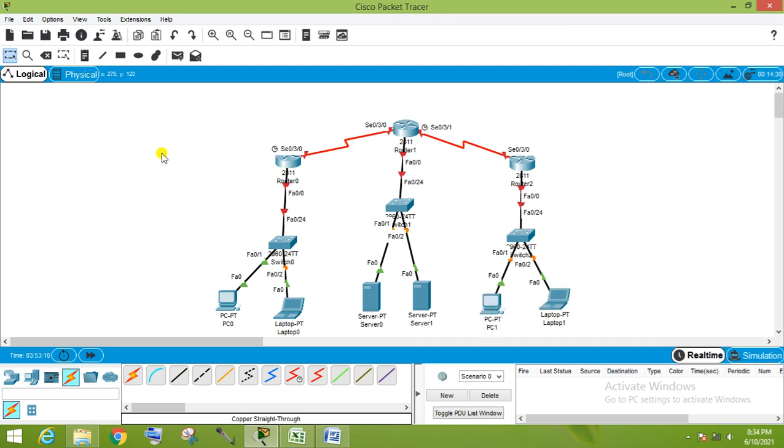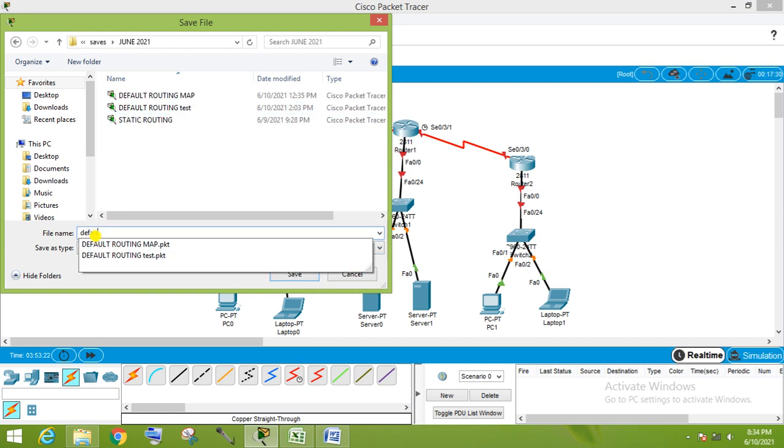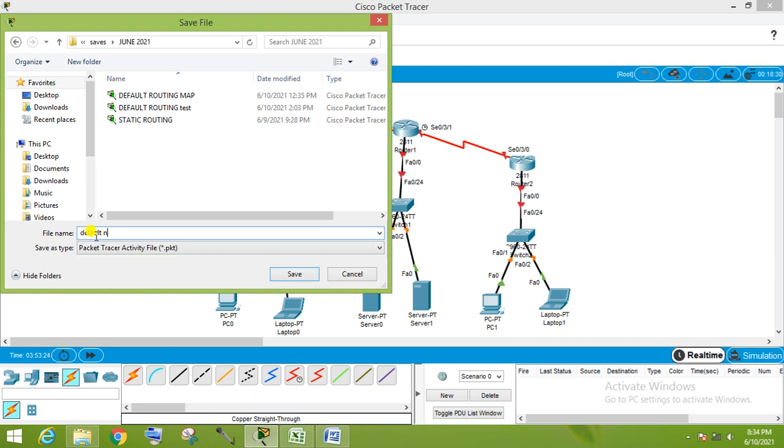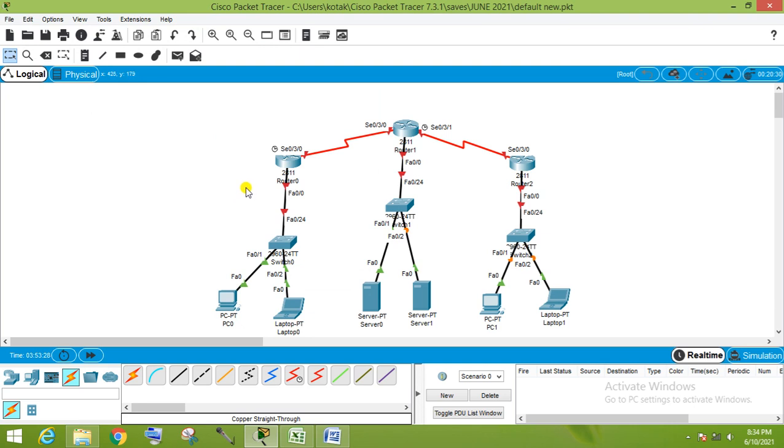I'm just giving one name here. Okay, we have made the topology.